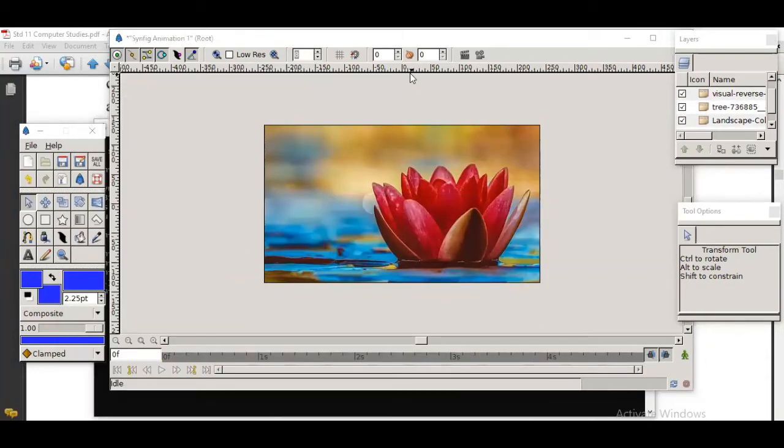Okay, now I have inserted 5 different images. So you can see that here in layers you have 5 images, 1, 2, 3, 4, 5.